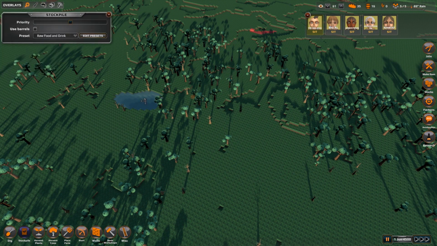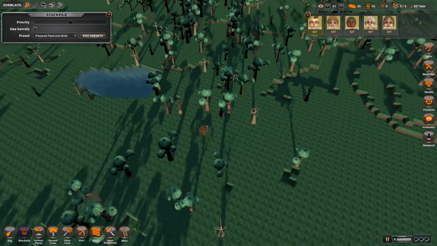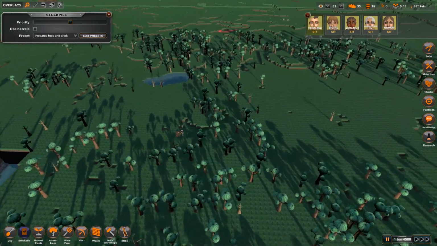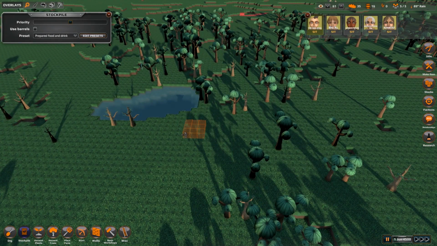right now, because this is one of the first things the tutorial has you do. We are going to go ahead and put prepared food up over here somewhere. Let's just go right next to the thing here. So I'm just going to make a little area right there for food and drink. We'll put wood